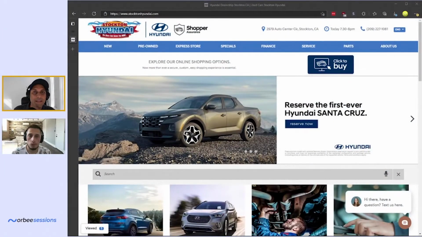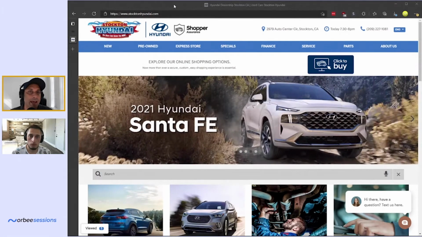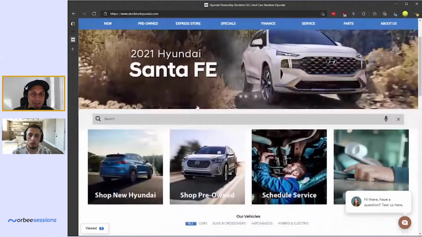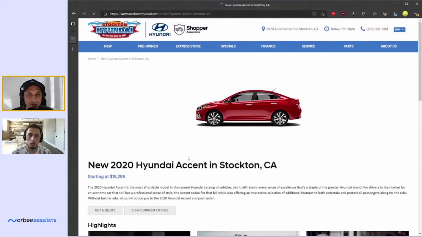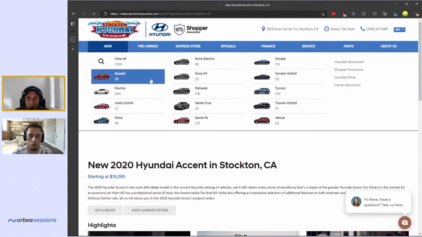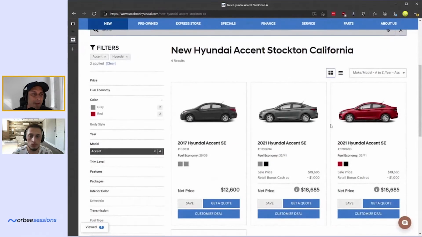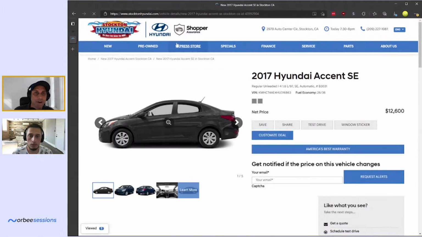So here I'm going to take this website, Stockton Hyundai, one of our customers, and they have your typical dealership site, and you could drill into the cars that they have, right? So let's go ahead and look at some of the Accents here. And so they've got 4 here. And when I click into one, I'm still on the dealership site. So you could see up at the top, I'm at